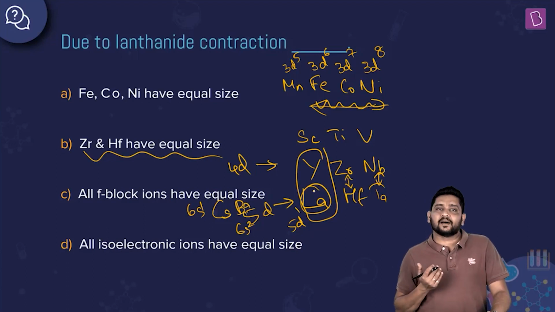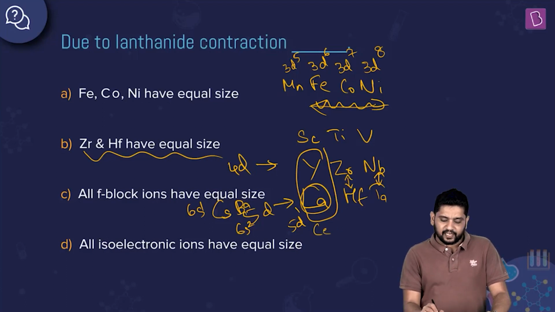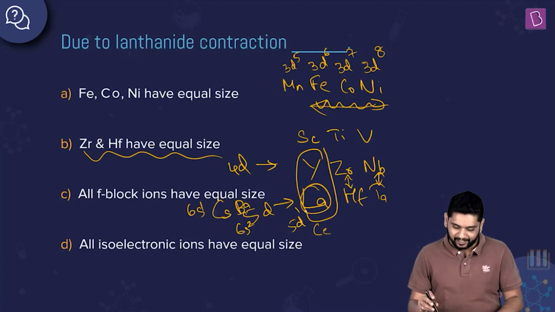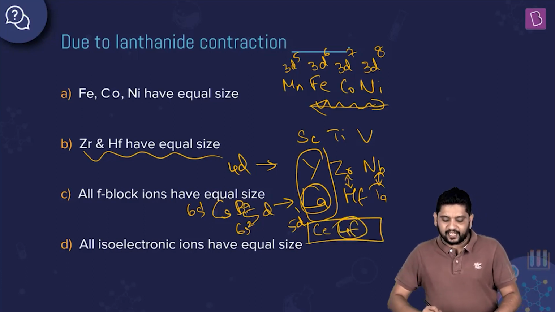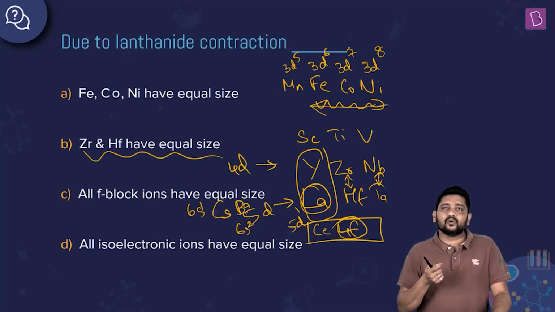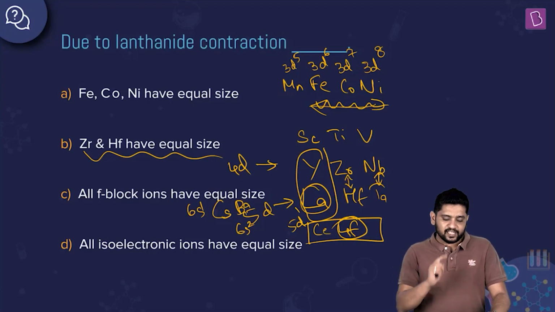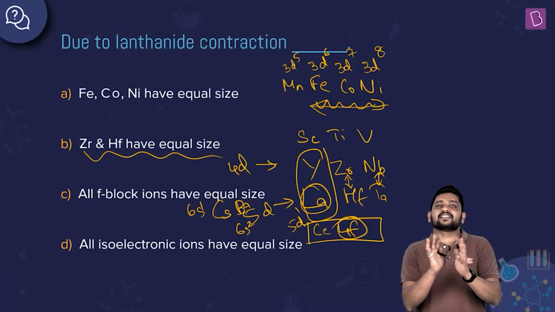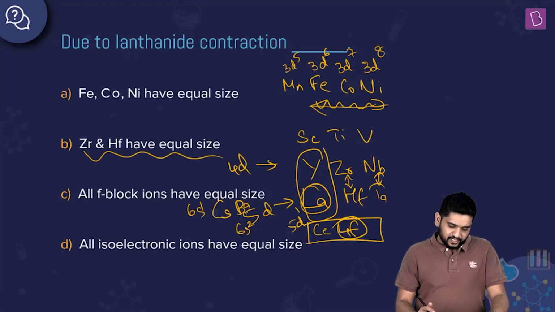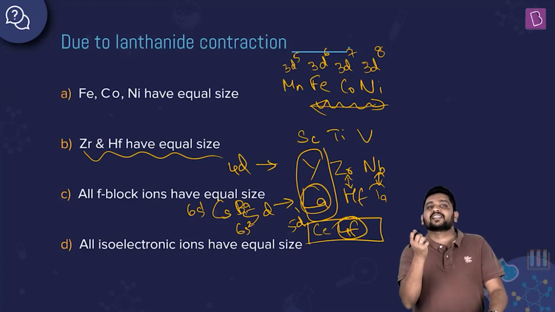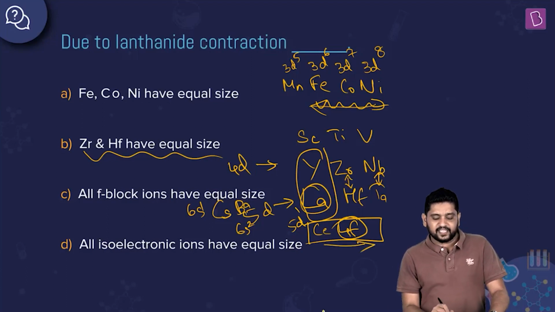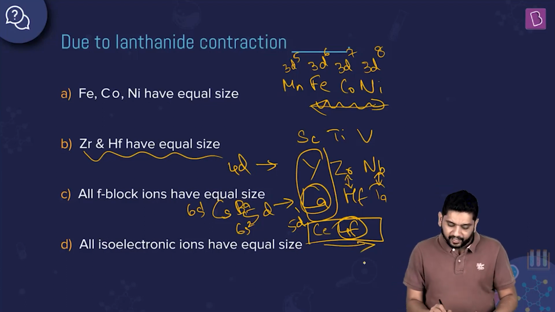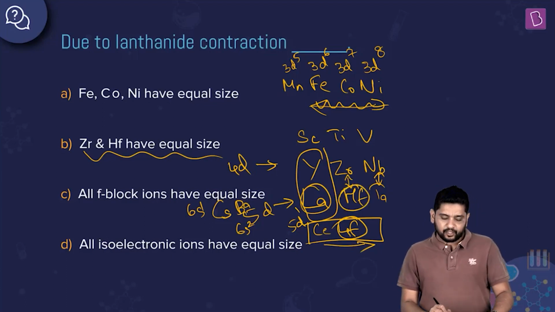Beyond that we know there is this transition, these F block elements, right? So cerium onwards we see all the way till lutetium, whatever you want to call it. So what is seen is that across these elements, which we call our 4f series elements, the electrons are going into very poor shielding 4f orbitals, because of which there is a high increase in Z effective as we go across your 4f series. So there is a lot of increment in nuclear attraction, which means size decreases across your 4f series elements, and this particular decrease is what we call lanthanide contraction. What that does is, by the time I come back and I start with hafnium, atomic number 72, right?